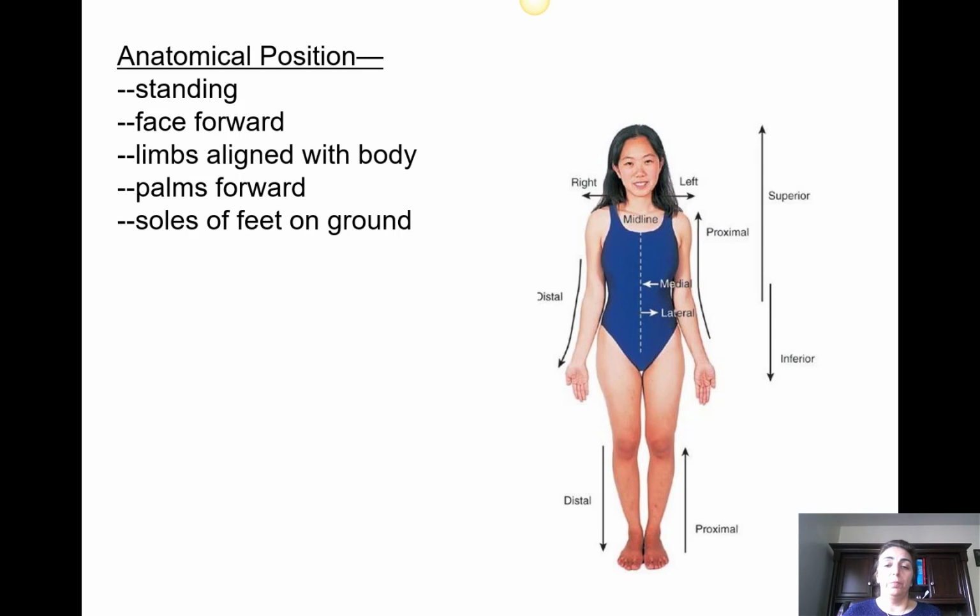This is the situation that we call an anatomical position, and whenever we are referring to the anatomical position, we're referring to such a position. Why do we need to define an anatomical position? Just again emphasizing that as we are discussing all the things that we are going to